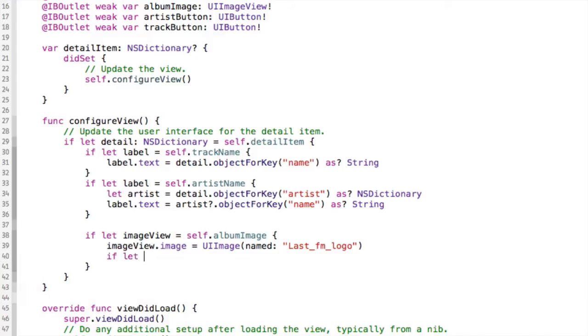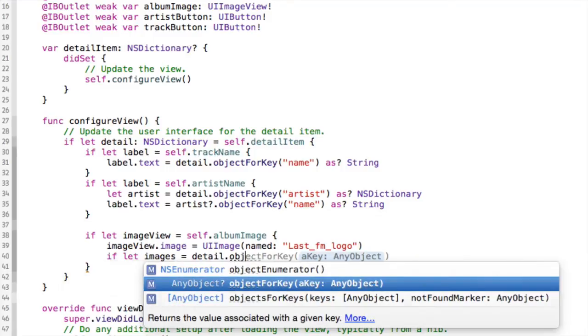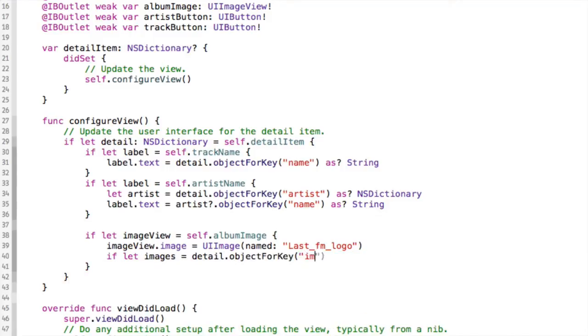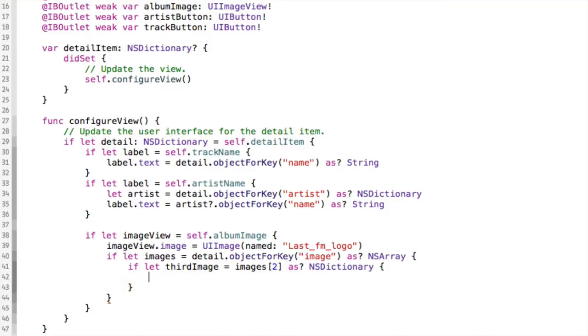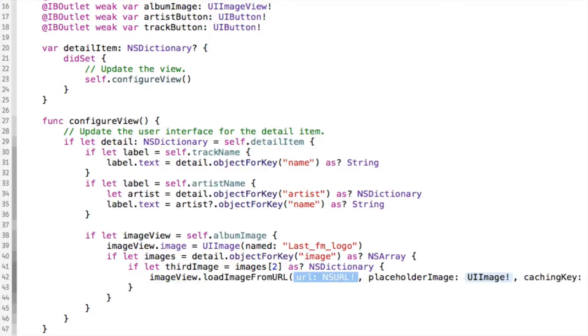So we'll say if let images equals detail.object for key, and what we're looking for now is the object image, and that was an NS array. And the first image, we actually want the second image now, so we're going to say if let, actually it's the third image. Third image equal images sub 2, and that is a dictionary. So if that's true, now we can try to load this guy. So we can say image view.load image from URL, and the URL here is ns_url, and,